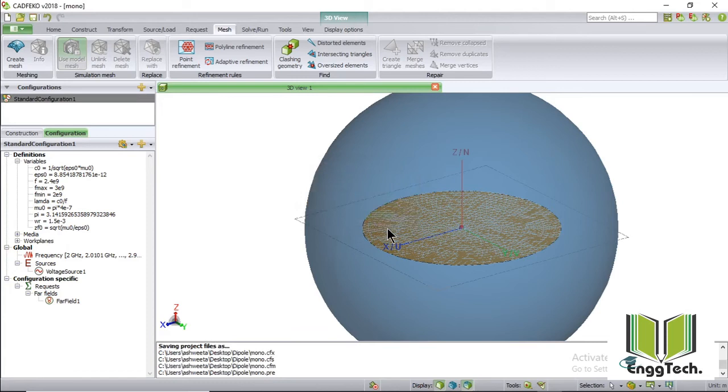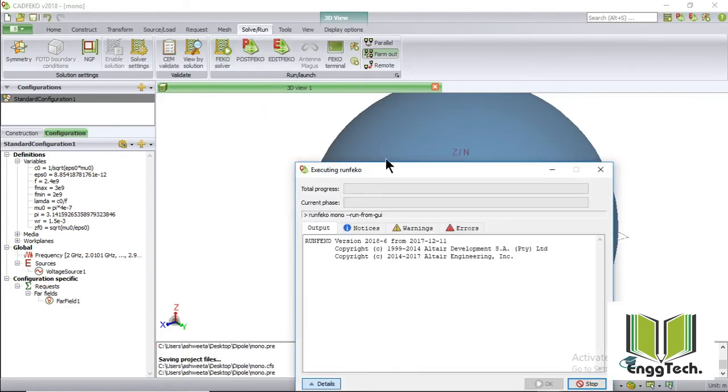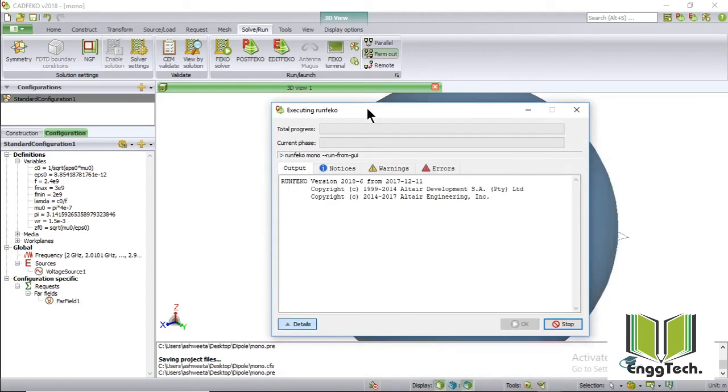Now let us run this. So go in solve run and select PicoSolver. This will take some time to simulate.